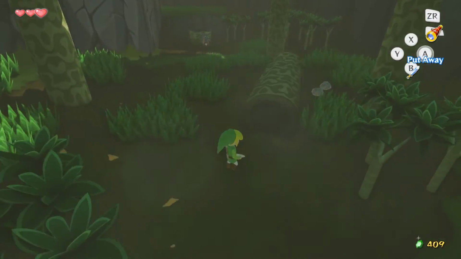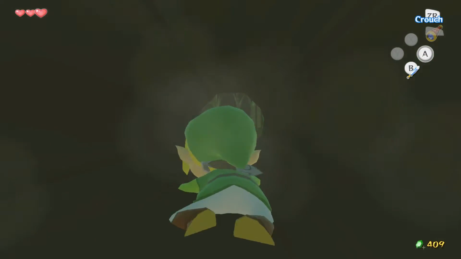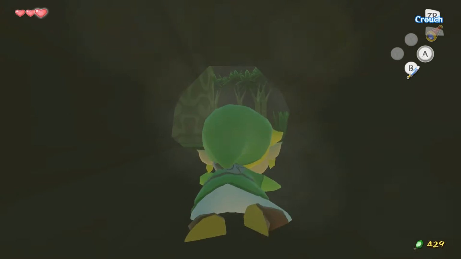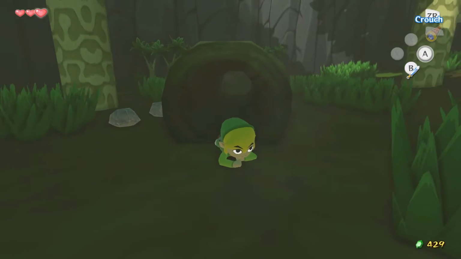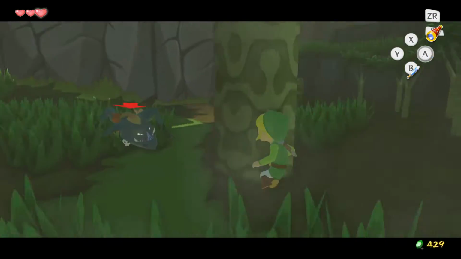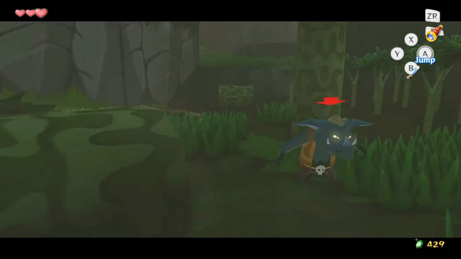Let's see, if we go down in here, this log right here. Yeah, 20 rupees. Nice. And there's our first enemy. I do believe this is called a moblin. So let's Z-target him here. And then